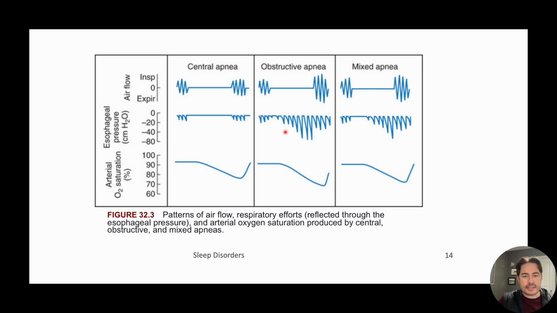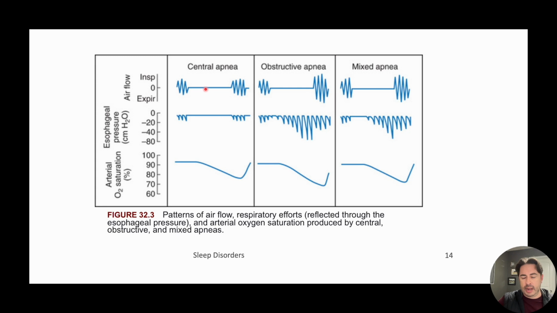Well, this doesn't happen when you have an obstruction. So you have a negative pressure that's created, and then you have no airflow, which is from the obstruction. Now, whenever I go to the esophageal pressure over here in central sleep apnea, this is your brain taking a rest or being confused by another condition, that you're oxygenated enough that you don't necessarily have to breathe during that period of time. So this is your thoracic cavity not changing, not moving at all,